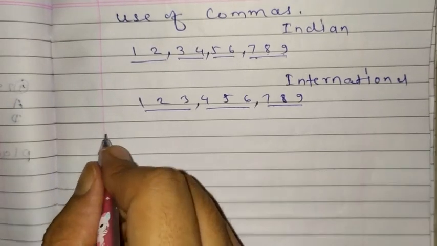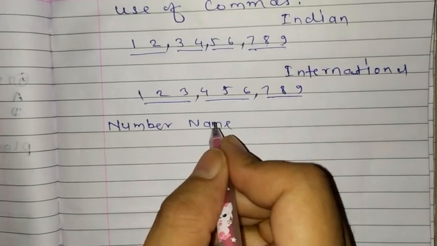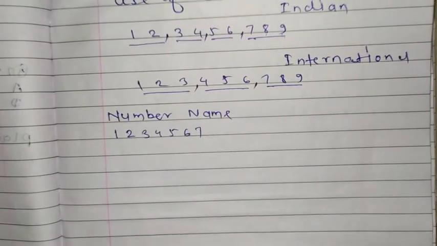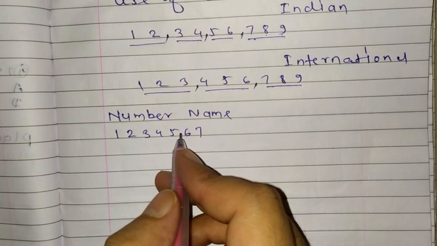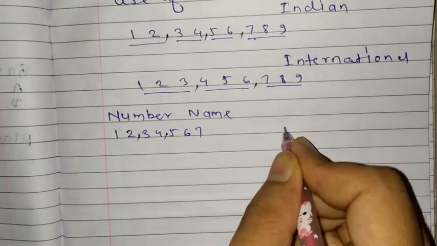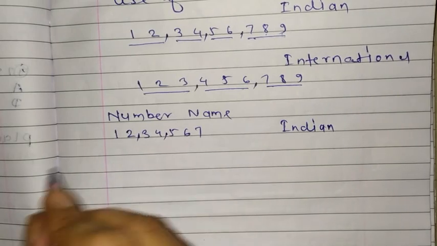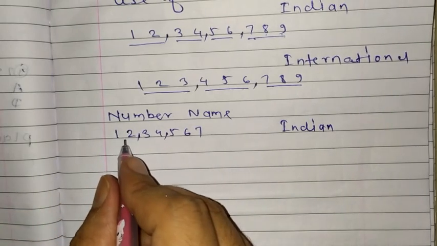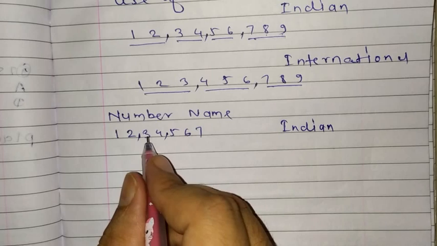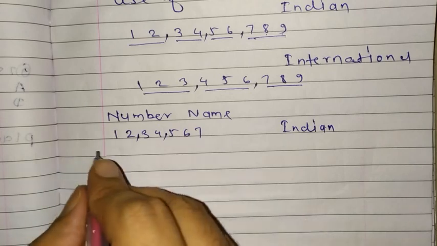Now we directly go to number names. Here in the number name, suppose I take a 7-digit number. How will you write it in number name? First you use the comma. So after 3 numbers, then 2 numbers according to the Indian system. We got it, we use the comma. Then you have to write in number name. First you start with 12. After 12, how many digits? 1, 2, 3, 4, 5. Where do the 5 digits come? In lakh. So you will write 12 lakh.